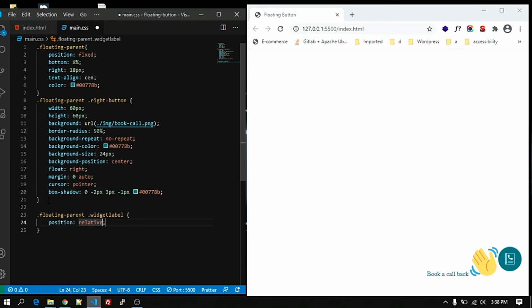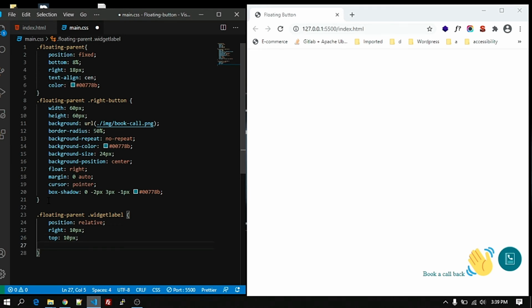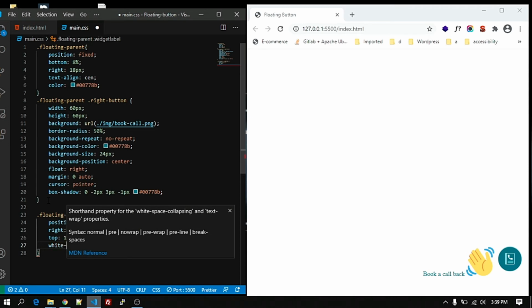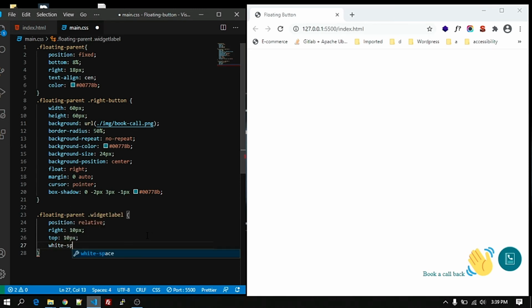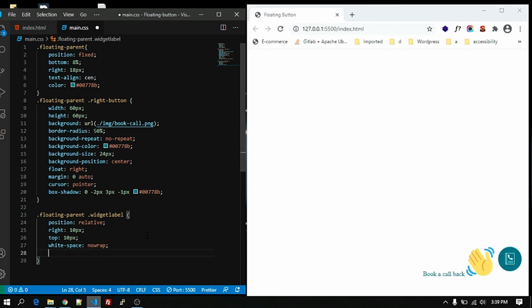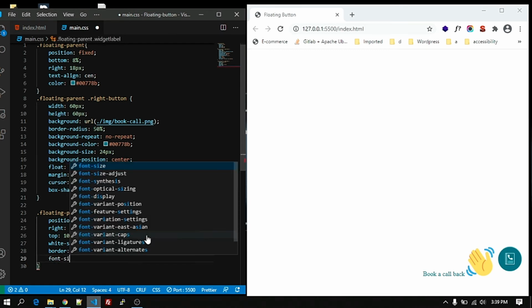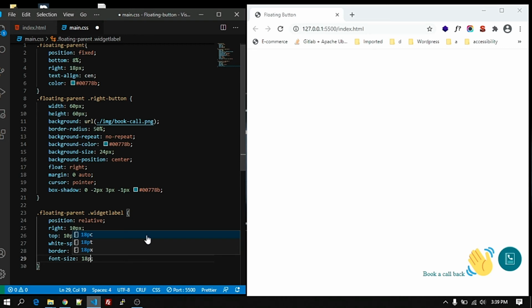Position will be relative, right 10 pixel, top will be 10 pixel, white space no wrap, border 0 pixel, font size we will set as 18 pixel, cursor also pointer.